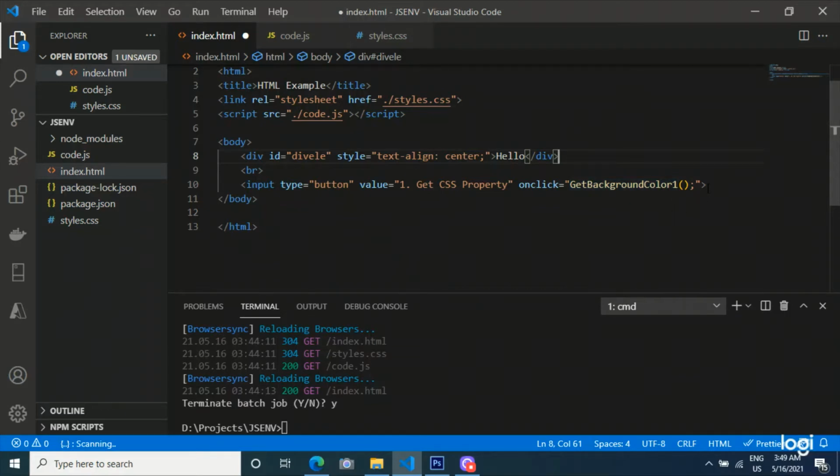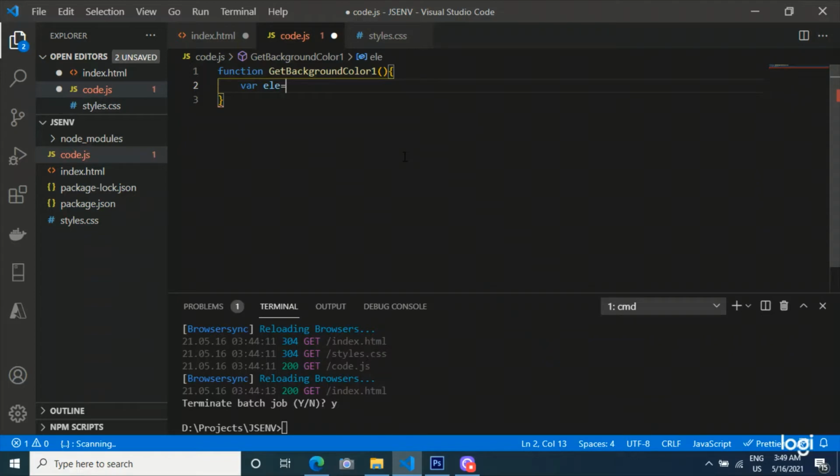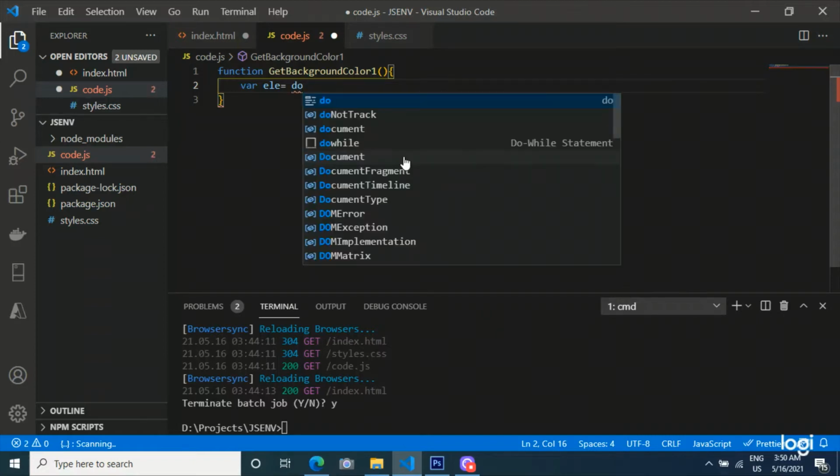So I will define this function in code.js. In the function defined here, I will declare one variable to store the element, and I will fetch the element with document.getElementById.